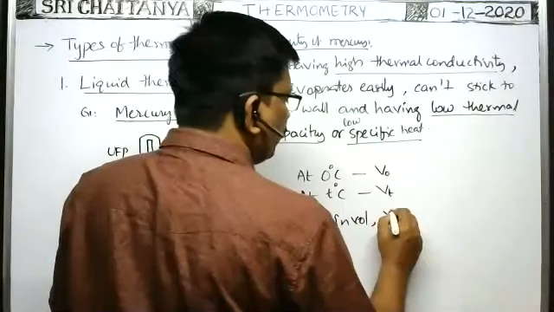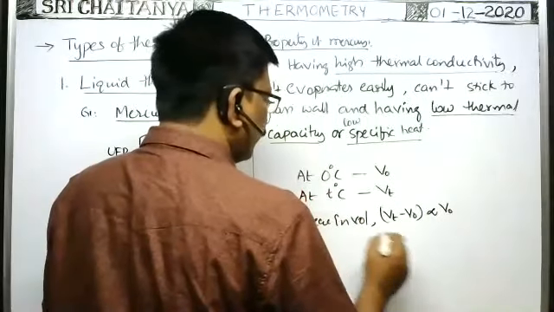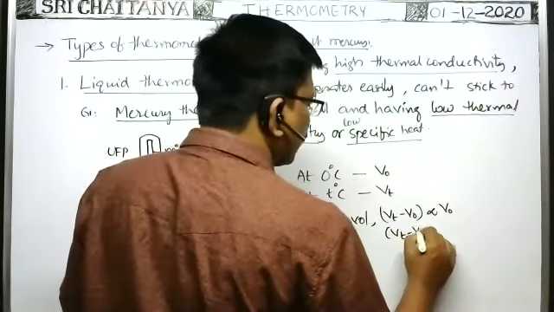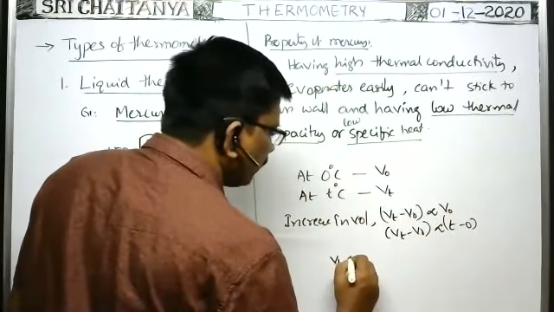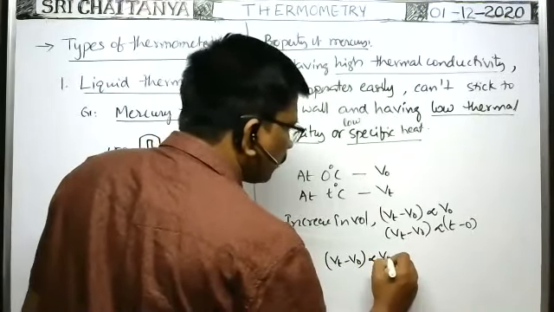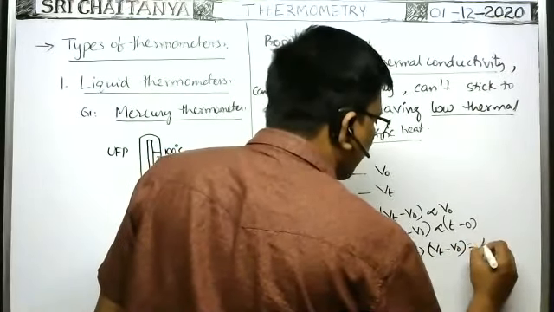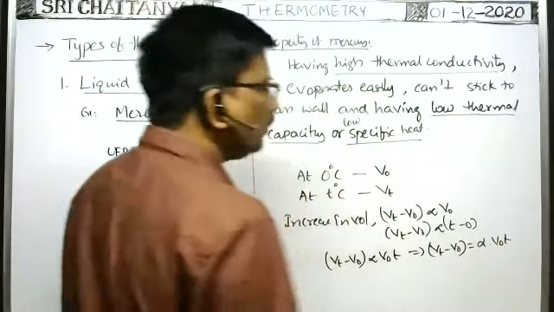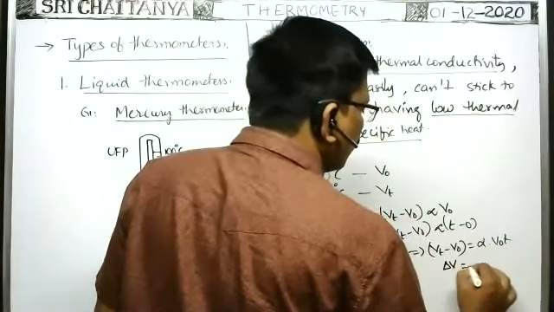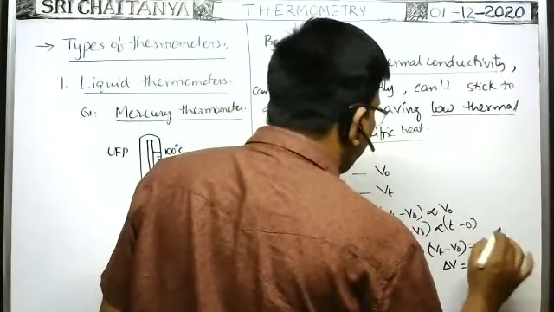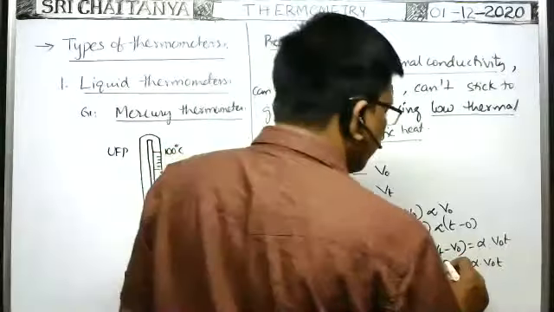of mercury, Vt minus V0, is directly proportional to the initial volume of the mercury taken, and also directly proportional to the rise of temperature, T minus 0. When we club these two, Vt minus V0 is proportional to V0 and to T, which implies Vt minus V0 is equal to some constant alpha into V0 into T. Here Vt minus V0 means change in volume, and T is the temperature of the mercury bulb. So this is a very, very important formula.